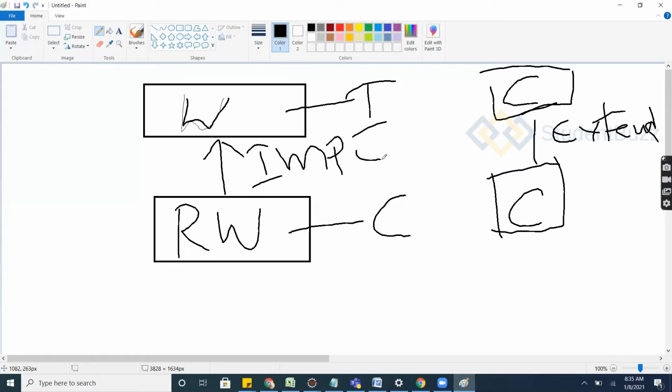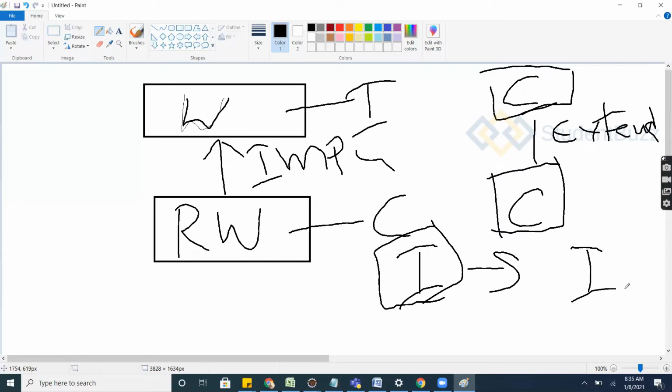At the same time, if you have an interface giving some features to another interface, it will say extends. Class and class can extend, interface and interface can extend, and interface and class use implements.